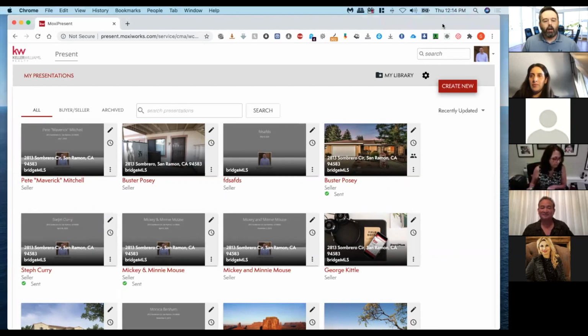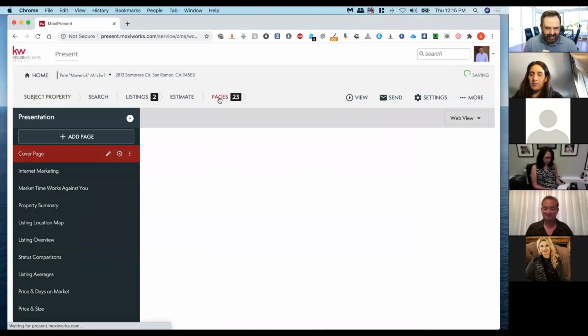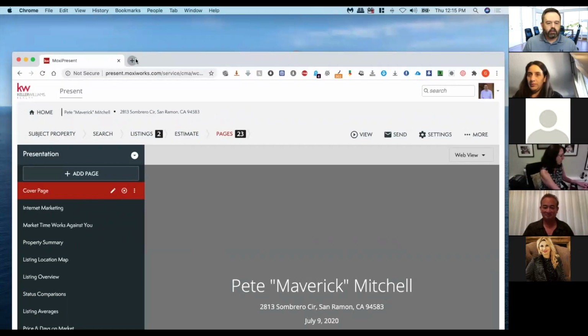So the very first thing is you need to get in and start to edit one of your Moxis. Okay, so you can pick any of them, it doesn't matter. All we want to do is get to the pages area within it. So as you guys can see, I just edited one and now I'm right here at pages. Okay, so what we're going to do is let's talk about, let's say,